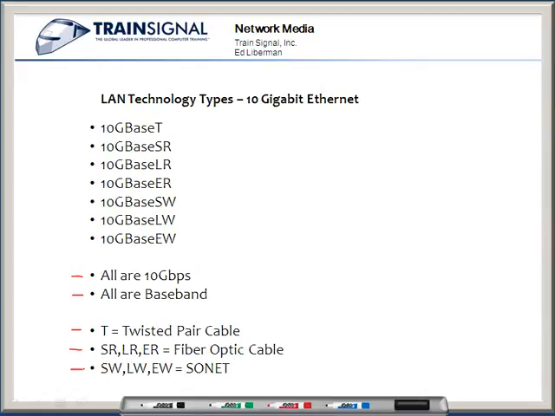And now this is where we get into the confusing part. The SW, LW, and EW specify communications with SONET equipment. And SONET is something that we will talk about later when we talk about WAN communications. And that's why I say this is where it gets a little bit confusing, because, well, we're talking about LAN technology types. But if we're going to connect into SONET